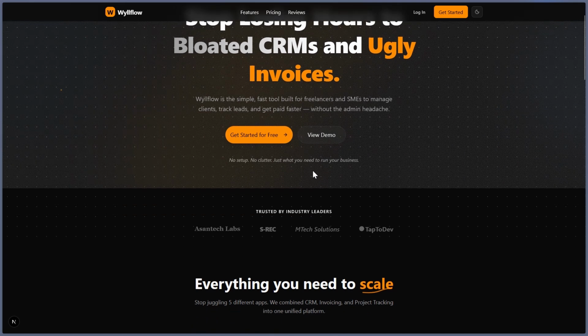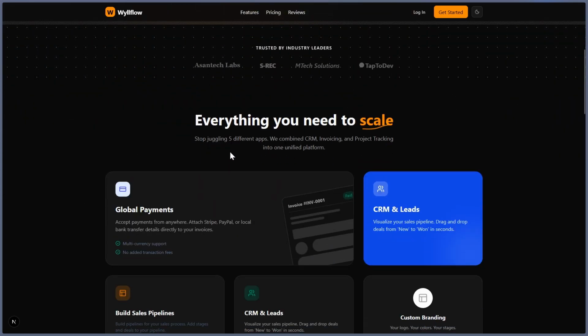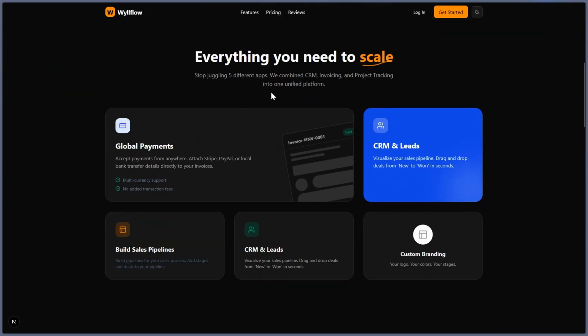Okay, and I placed some small stuff here, right? So the core feature is, you can build a simple pipeline, and you can also have the CRM and lead generation, as well as custom branding. The core idea is that you should be able to manage your clients. You should be able to generate your leads or manage your leads and convert them to clients, as well as